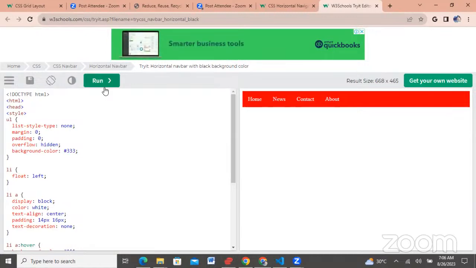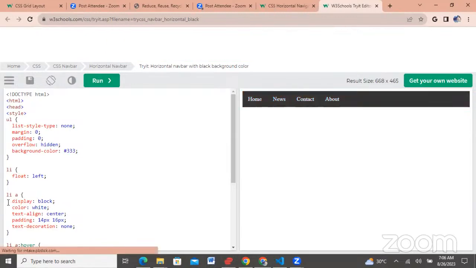All right. So they floated this left and they decided that